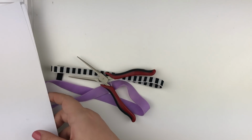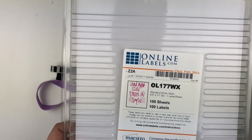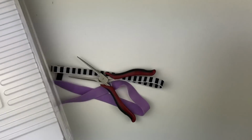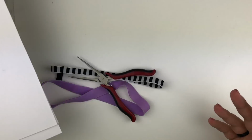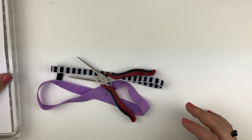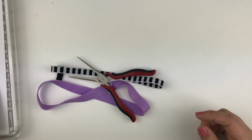For covering the pages, you're going to need some sticker paper. I'm going with my Online Labels OL177WX, which is what I use for printing up printables. I've found that you can get about 2.5 months worth of spreads out of one sheet, so you really don't need a ton. You don't need to order 100 sheets in a pack if you are not a printables kind of person. You could probably get away with buying just those 5-pack sheets from Staples or an office supply store,